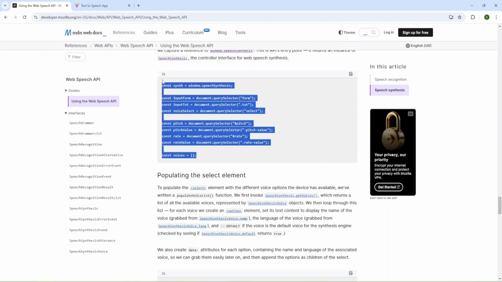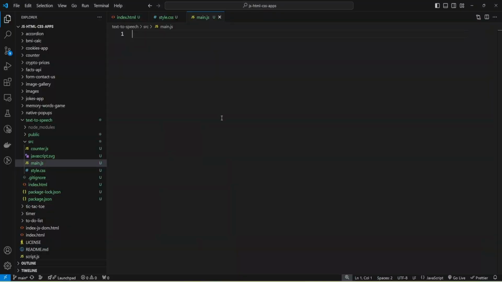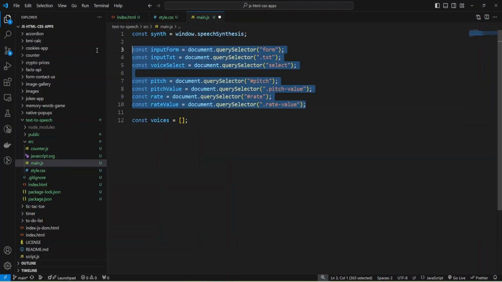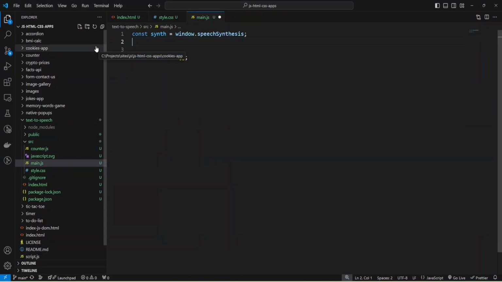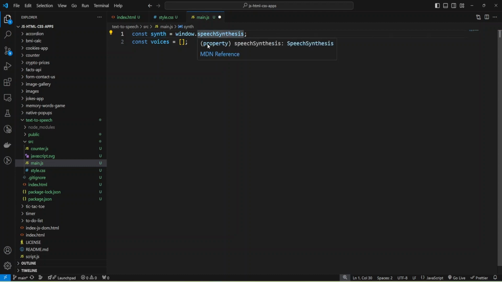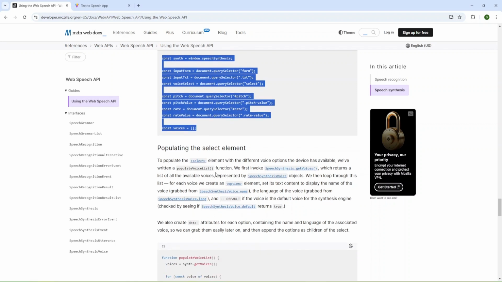I'll copy and paste this code and remove these query selectors. I need only speechSynthesis, and I will save this property into a variable, and I also need voices for my select. Let's check what I have next.